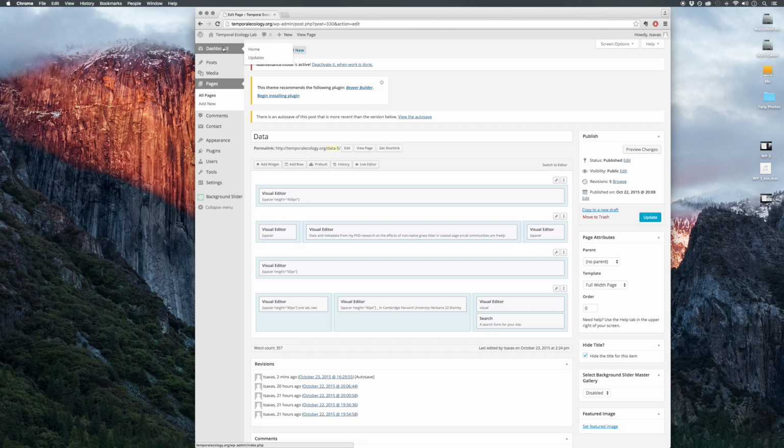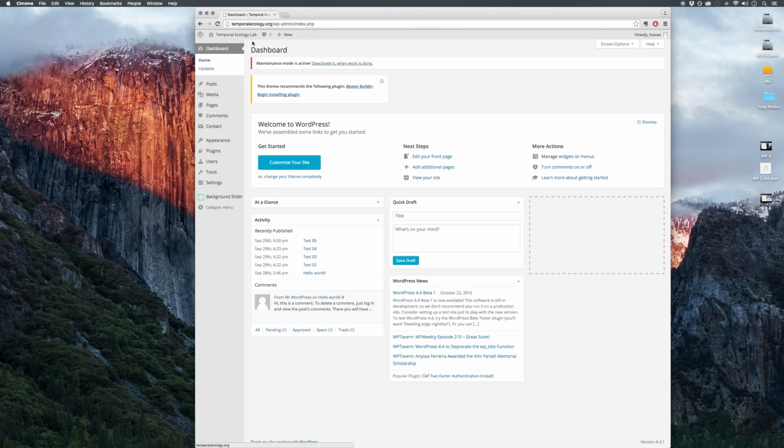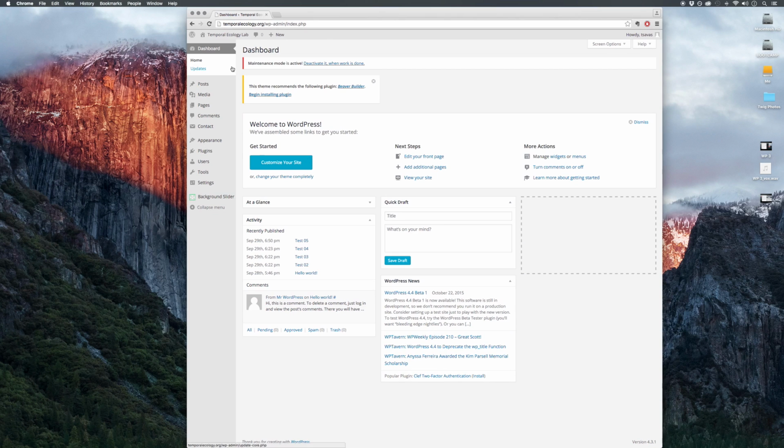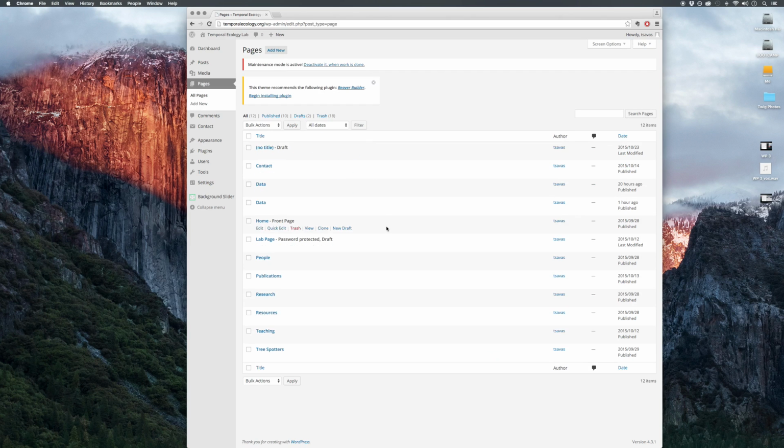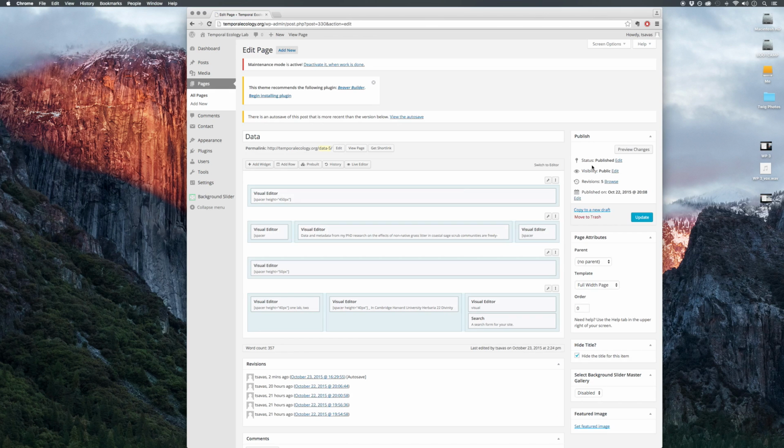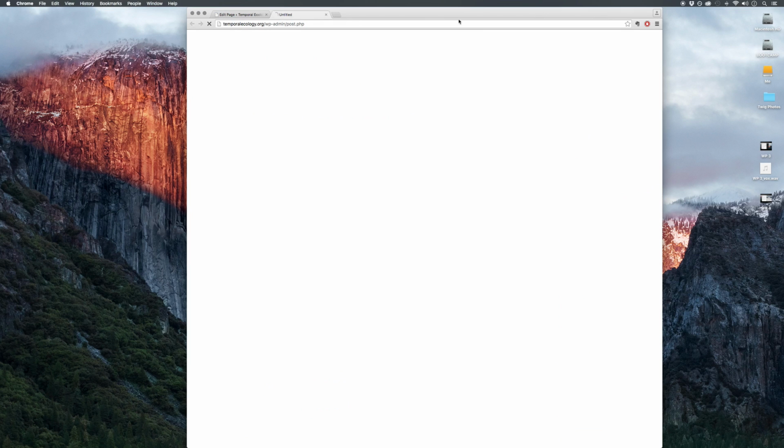And this isn't as global a change, to use that word again, but the header photos of each page can be changed pretty easily, but there's a little trick to it, so I might as well show that here. I'm going to go to all of my pages. Each of these pages has their own individual header photo. I'm working on changing this so that the header photo is a slider. But for the time being, if you go to, say, editing your data page, like I said, the top row